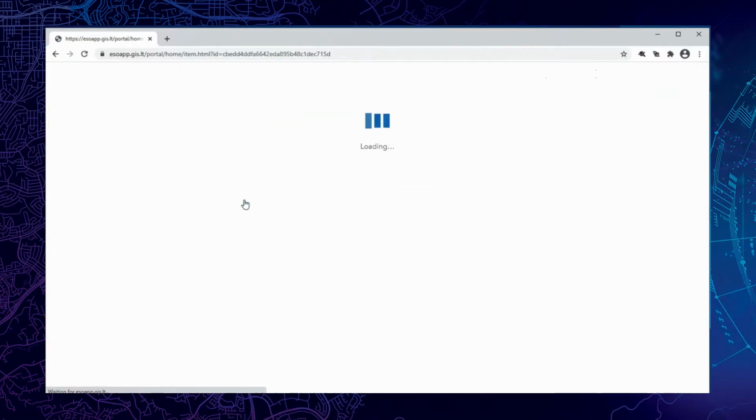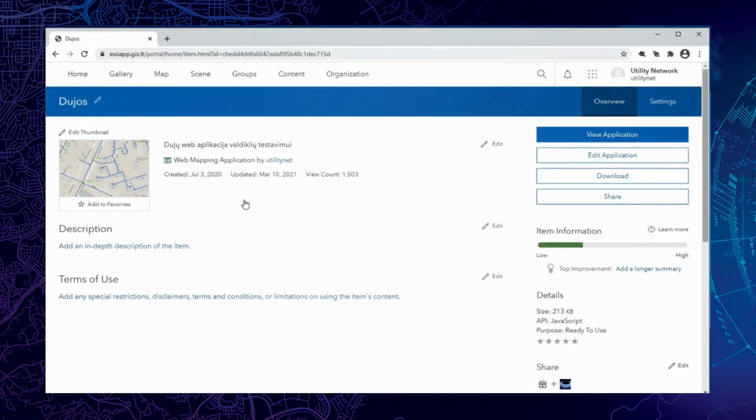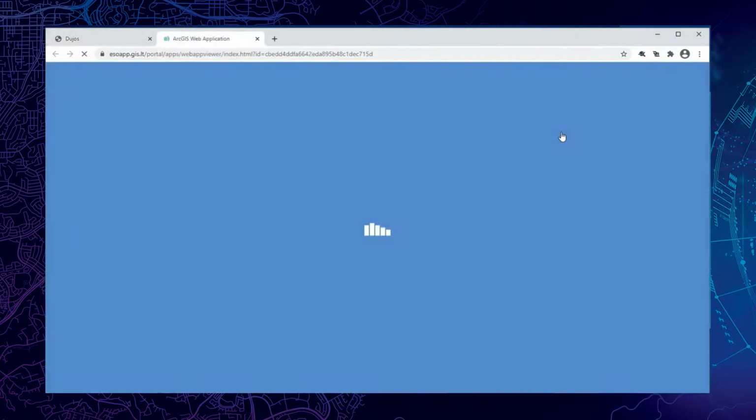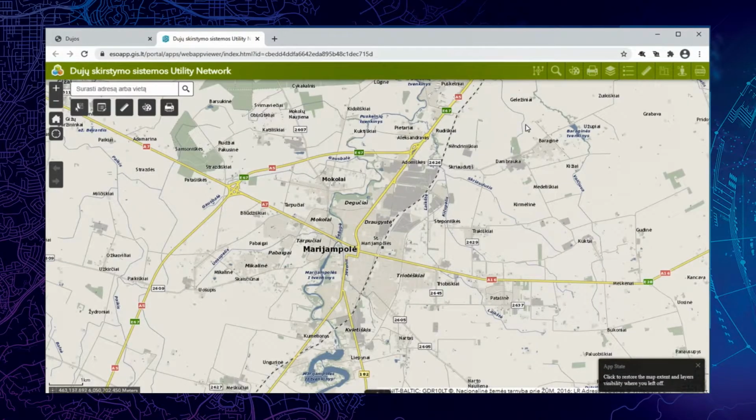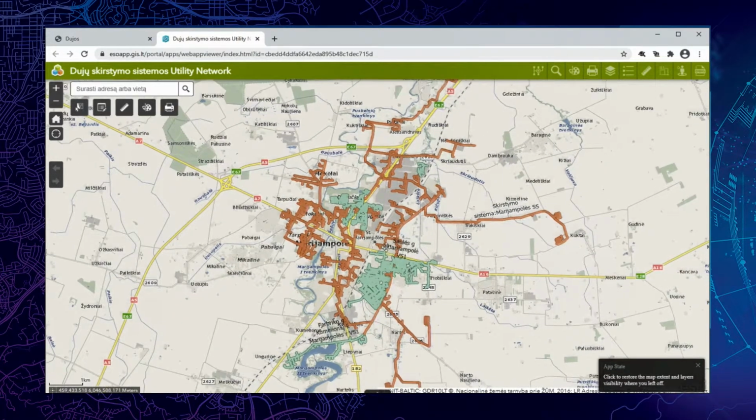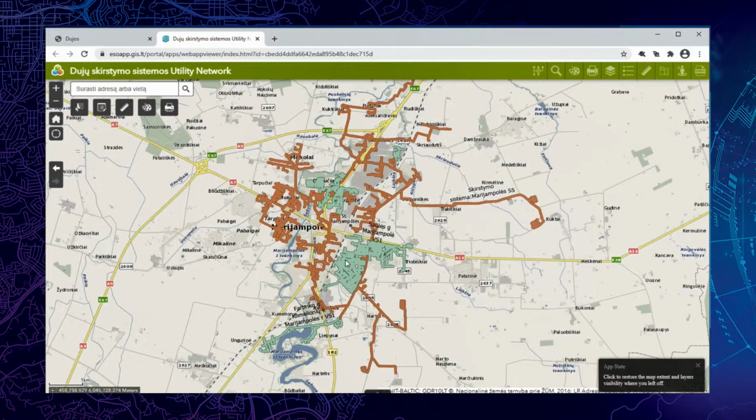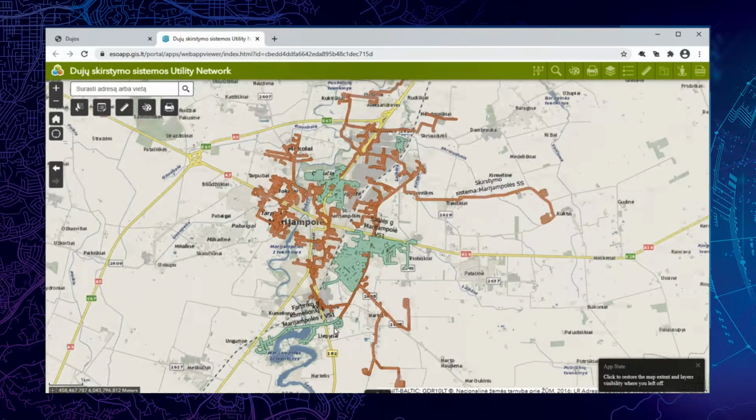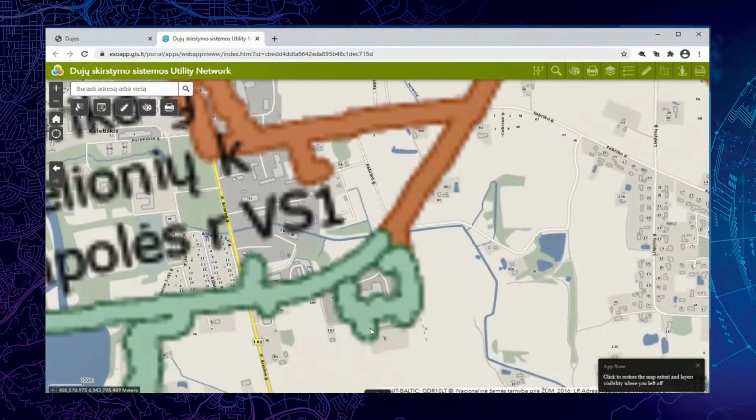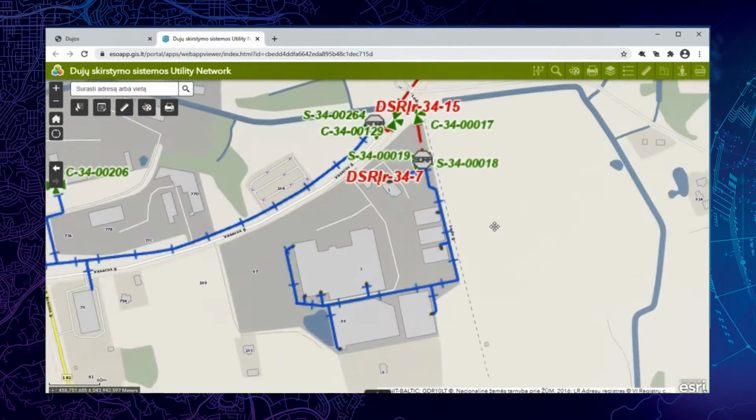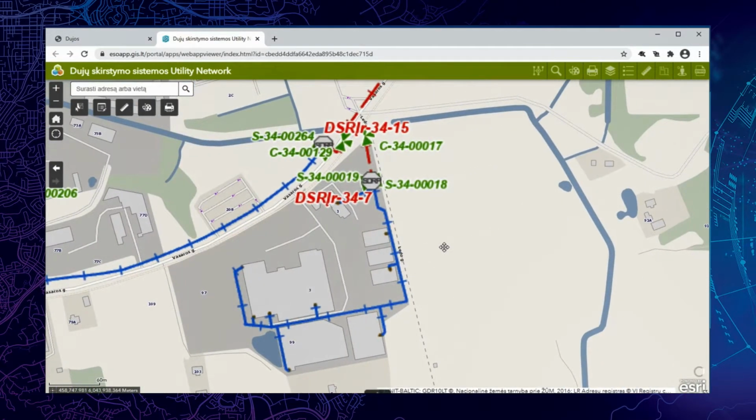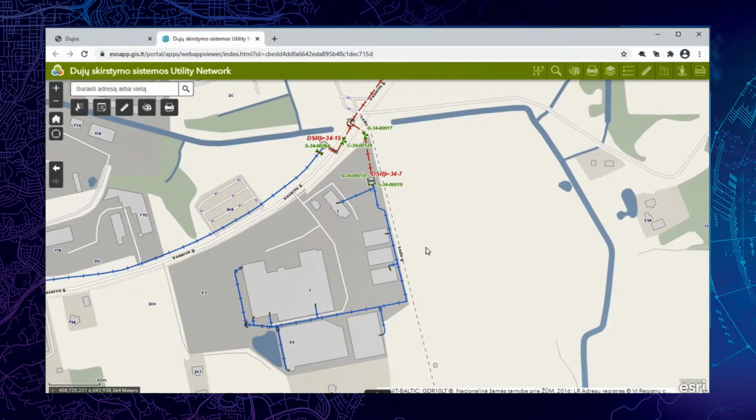ArcGIS Enterprise Web utility network can be used with minor customizations in Web AppBuilder, providing some widgets. This functionality can be used in web applications as well. Here you see an example of utility network gas trace